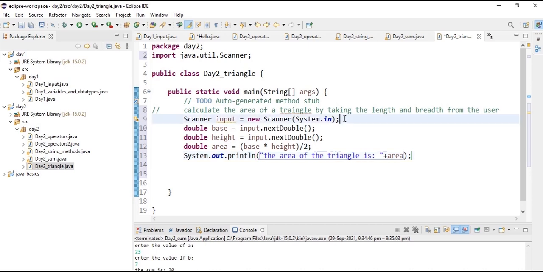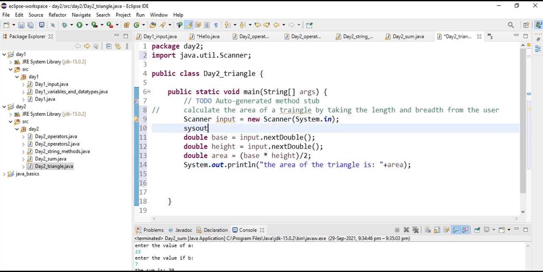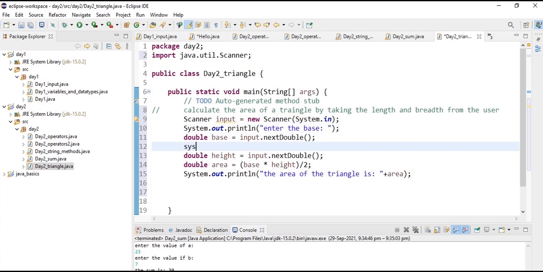So before that, let's print here: enter the height.